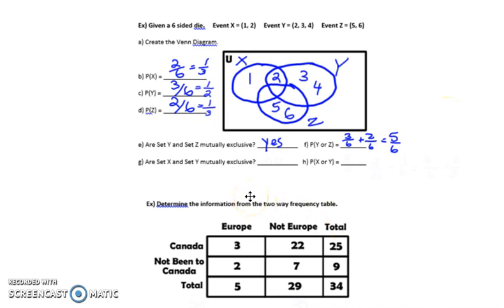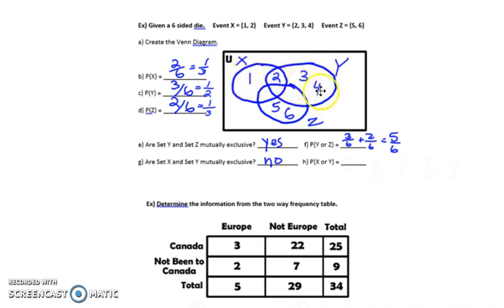Okay, for set x and y, we do have an element in the overlap here. So they are not mutually exclusive. And now when I do the probability of x or y, remember I have to subtract out that overlap. If you also notice, when we unite these all together right now, I can see that that 2 is in the overlap, and I don't really have to follow the addition rule, because when it's in a Venn diagram you can just see it. So if I was doing the addition rule, I would say 2 plus 3,